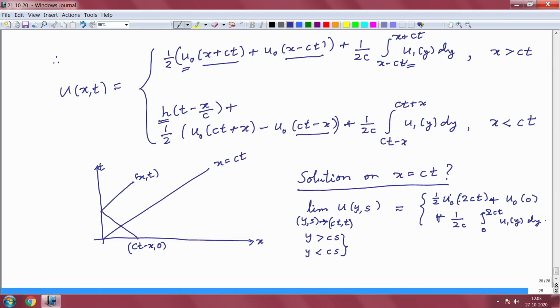So, if I use the first expression, that is the limit I get, and if I use the second expression,